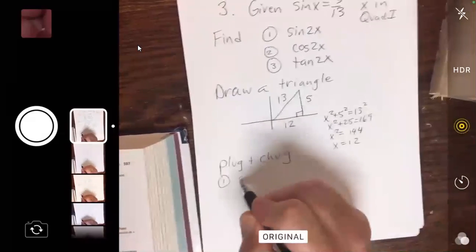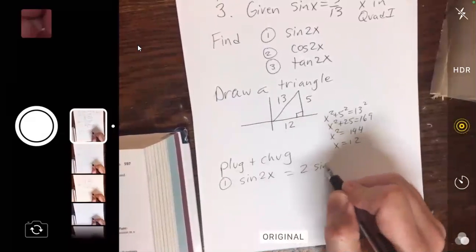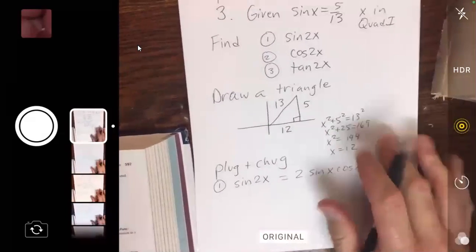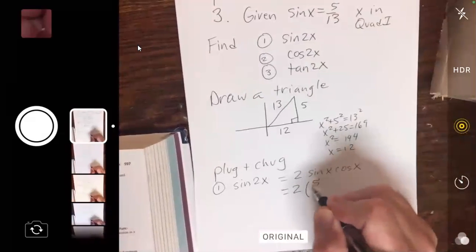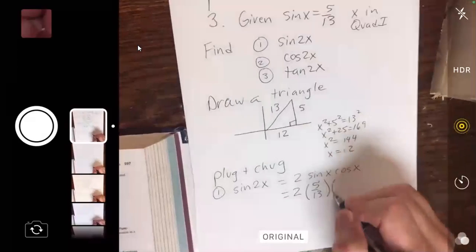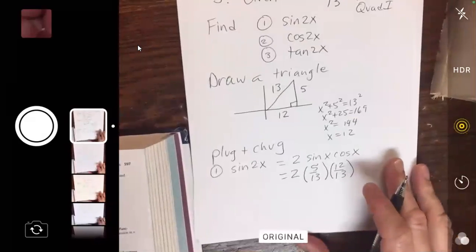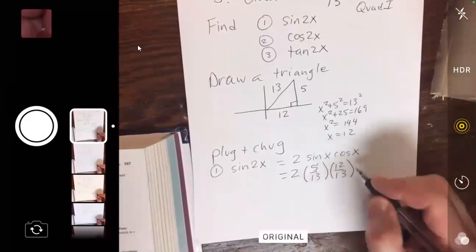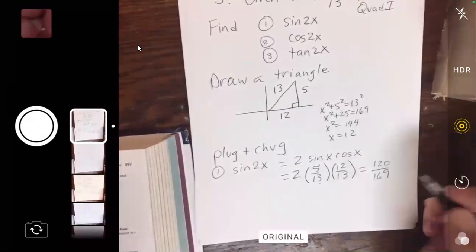Piece 1, sine of 2x. That was twice sine x, cosine x. Well, you're already given sine x, 5/13. Cosine x then is adjacent over hypotenuse. That's 12/13. If you want to multiply these out, leave it in fraction form. Twice 5 times 12 would be 120. 13 times 13 is 169. Notice